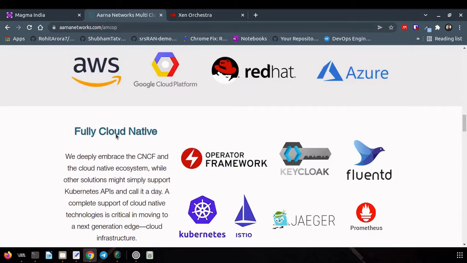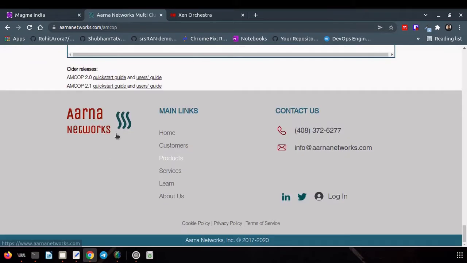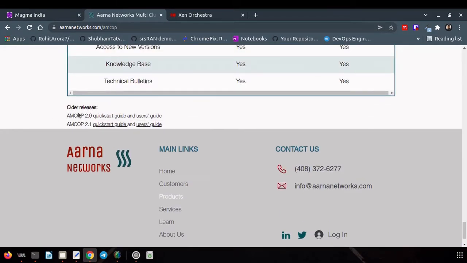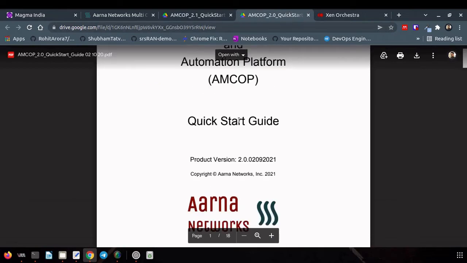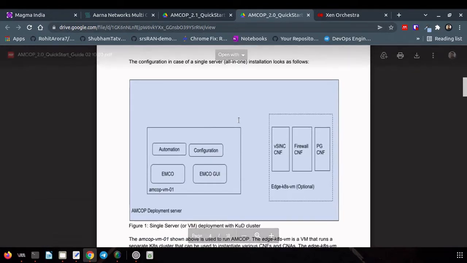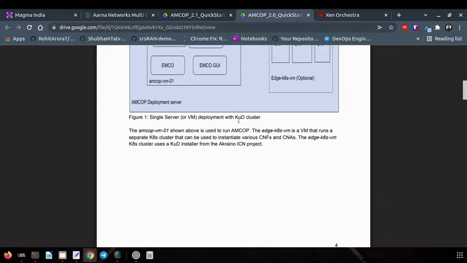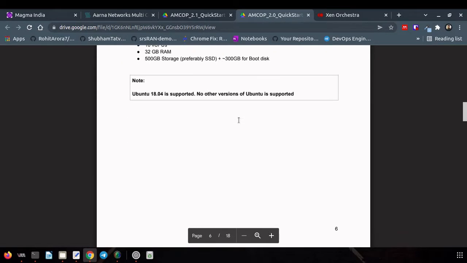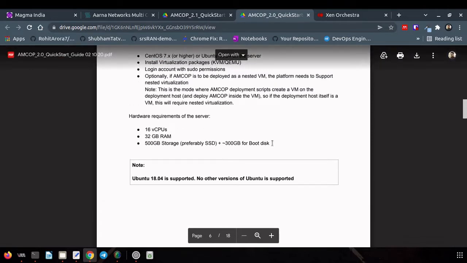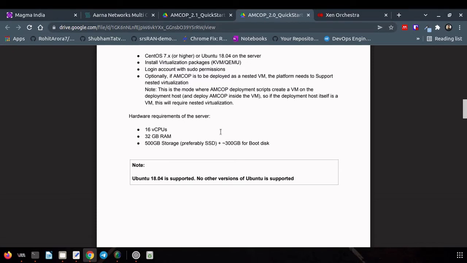Let's scroll down a bit. Here are the older releases, AMCOP 2.0 and 2.1. Let's open both quick start guides. First we're going to check the minimum hardware requirements, or the VM requirements, for this project. Here is the requirement: 16 CPU, 32 GB RAM and 300 GB for boot disk, and total is 500